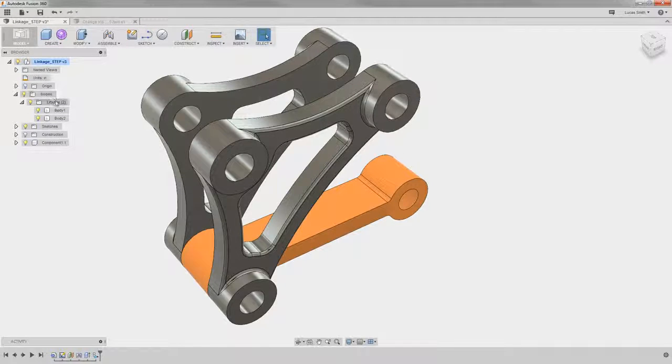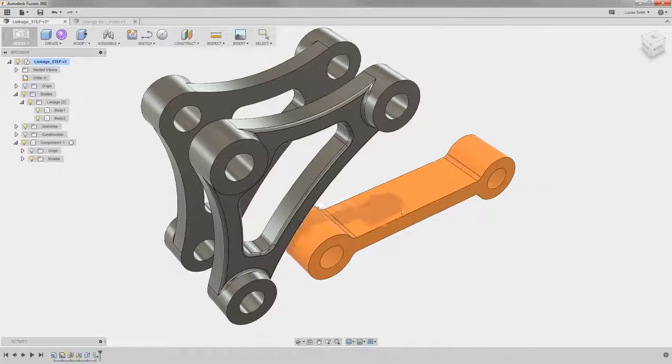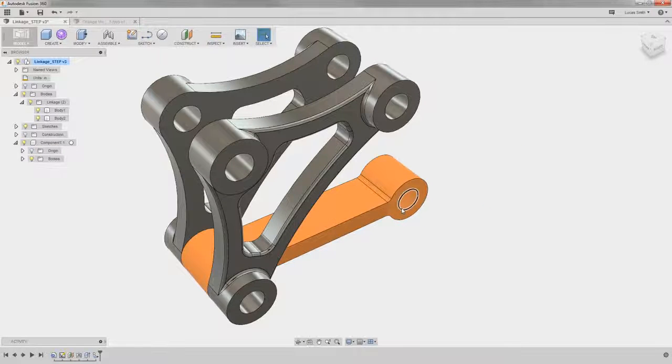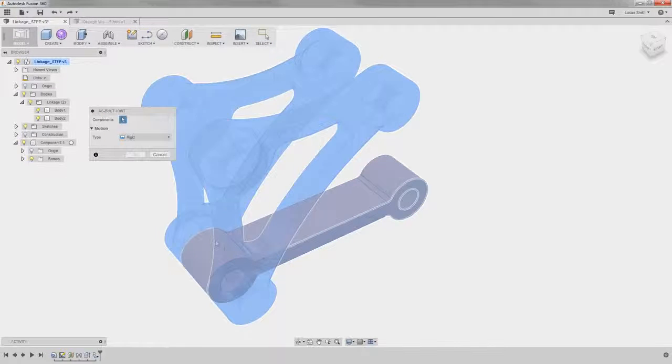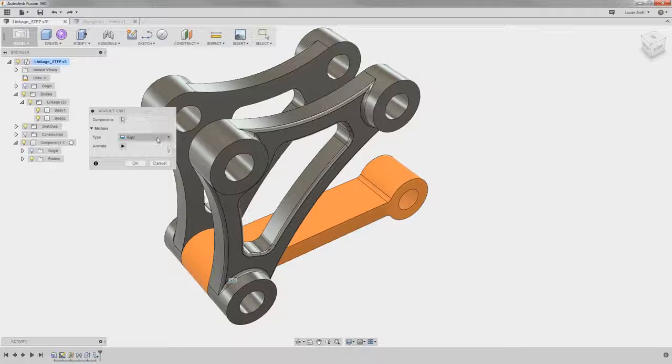Notice the Bodies section in the top-level design now shows only the 2 linkage bodies, and if I expand the new component, you can see it has its own origin and reference planes, as well as the body. Doing this also made this component movable and flexible. So I can now add a joint to simulate the motion behavior it will have,